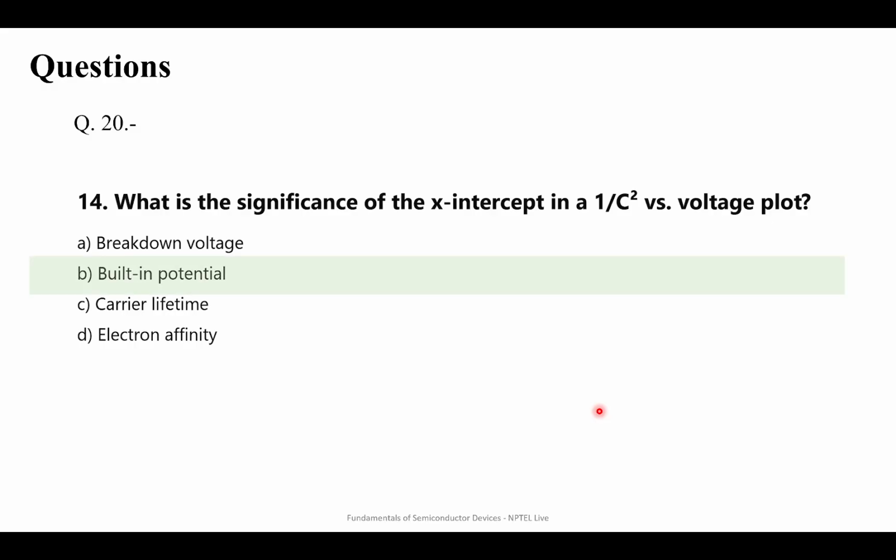The answer to this is actually built-in potential. So the 1 by C square versus voltage plot is calculated for reverse bias, but when you interpolate it in the negative direction, you will see that the plot will merge with the x-axis, and that value corresponds to your built-in potential,